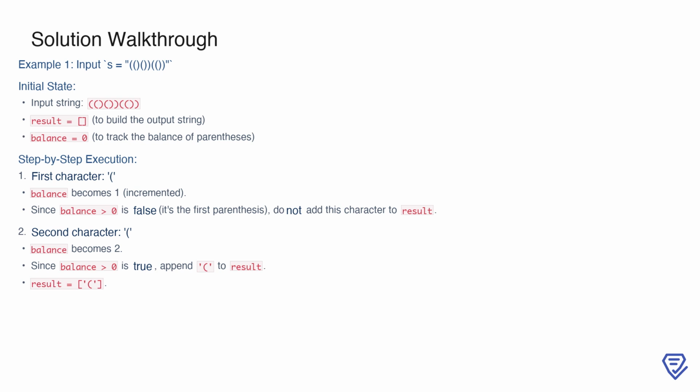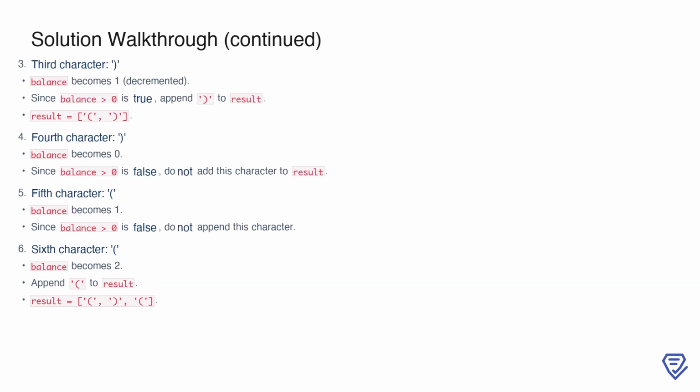At this point, the result contains an opening parenthesis. Next, we process the third character, which is a closing parenthesis. We decrement the balance to 1, and because the balance is still greater than 0, this parenthesis is part of the inner layer and should be added to result. Now, result becomes an opening and a closing parenthesis. The fourth character is another closing parenthesis. Decreasing the balance to 0 tells us that this parenthesis closes the outermost layer, so we do not append it